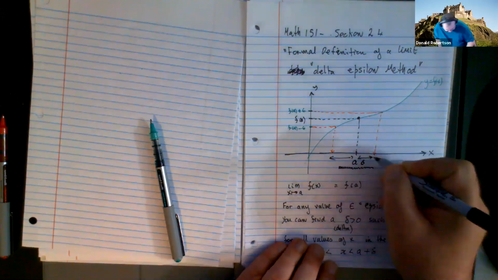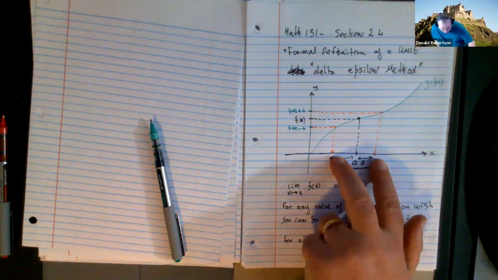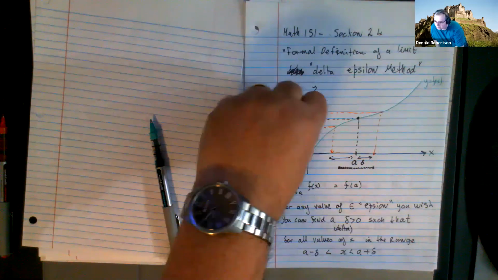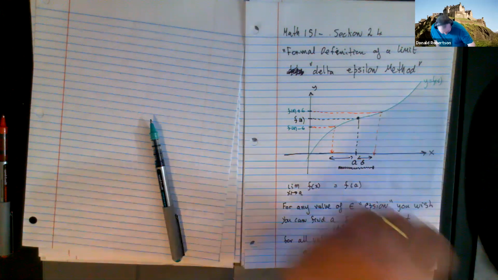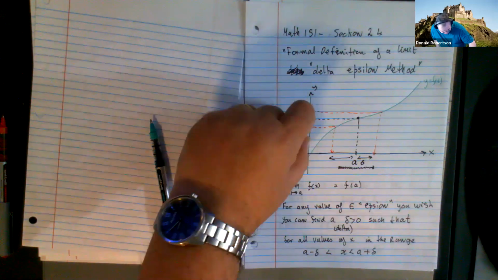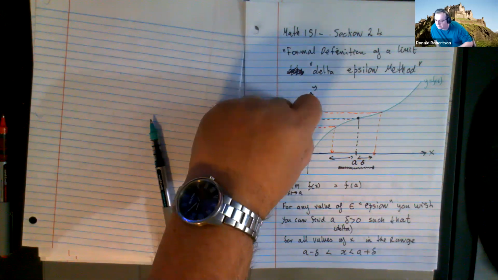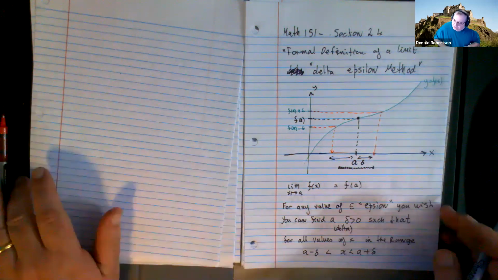So can you imagine that I pick any value of x from here to here? Because it looks to me like that side is a little bit smaller on this one. If you pick anybody in that range, won't all the answers fall inside this tolerance? And so the logic is, if you can make this as small as you like, and you can still reduce this to make it work, then the argument in logic is that this limit becomes that guy in the middle, f of a. And I think